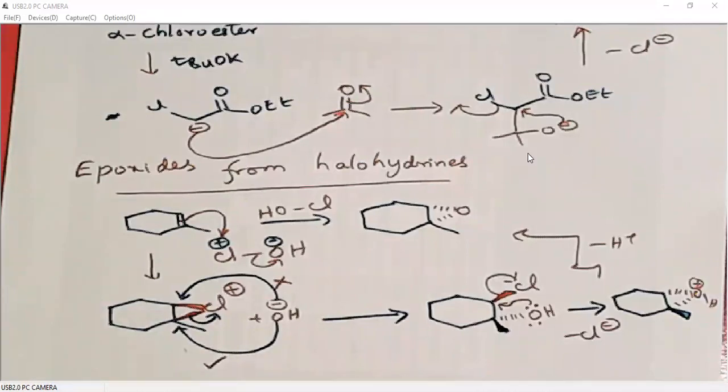normal mCPBA will epoxidize from the less hindered face, whereas hypohalous acids will generate the epoxide on the more hindered face. We can have a variety of reagents for hypohalous acid epoxidation. If we use